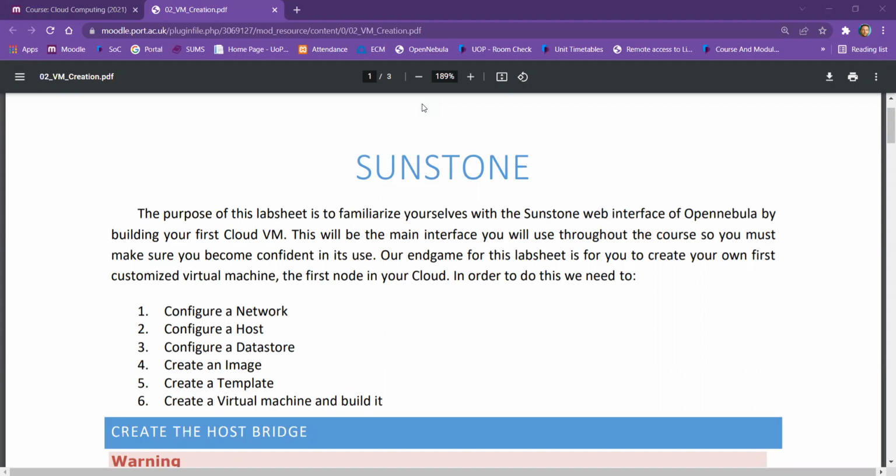The data stores for OpenNebula are where we basically store all of our data. There are three different types of data stores. The first data store is the image data store that holds all of the images of the virtual machines that we have created. Okay. The second data store that we have is our system data store,